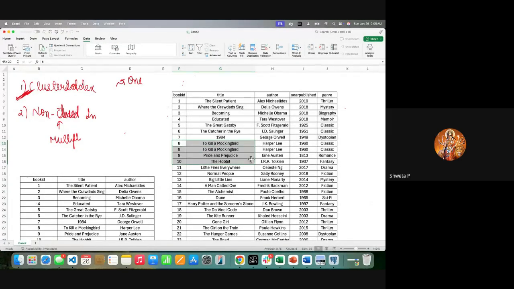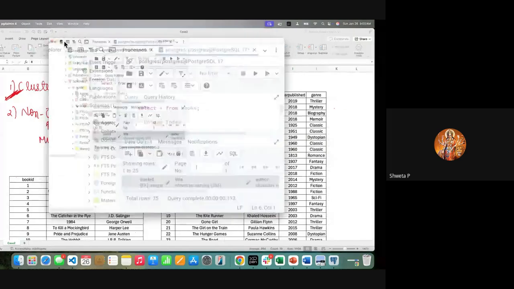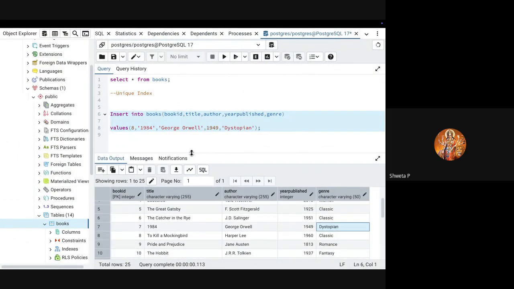Unless you have given a primary key constraint. ठीक है, चलो आपने मेरी थोड़ी इज्जत बचा ली. ID is a primary key constraint, then it will not go. आप लोग ने इज्जत बचा ली थोड़ी, मतलब वरना तो मेरा दिमाग खराब हो जाता है. ऑफ कोर्स इट्स अ प्राइमरी की यार, प्राइमरी की दो नहीं हो सकती, राइट? दिस इज अ प्राइमरी की, यू कैन नॉट एंटर डुप्लीकेट प्राइमरी की.